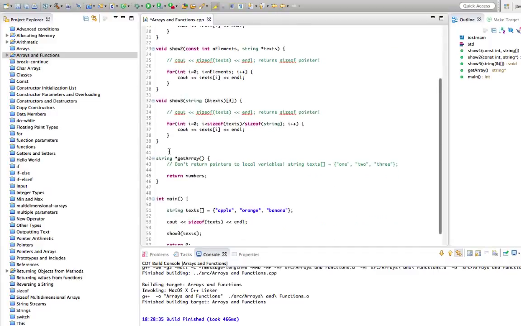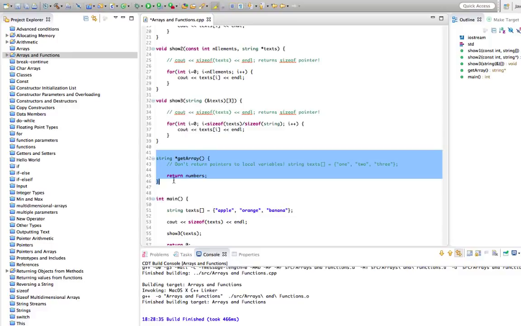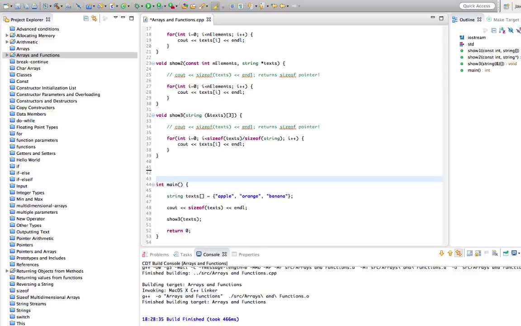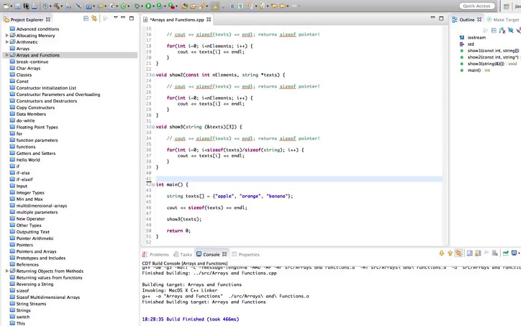Okay, but whatever you do, don't return a local variable from a function, because that's really going to mess things up. And if you do need to return an array from a function, you can just return it as a pointer, and that's useful. For example, if you've used the new operator within your function, let's take a quick look at that. Let's say we've got, I'll use char just for a change here, but this also applies to strings. We could say char pointer, I don't know, get memory,